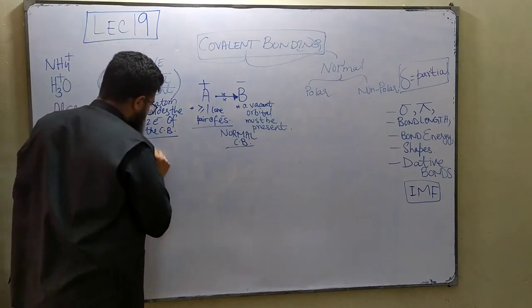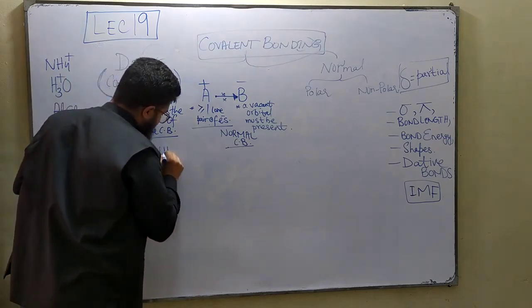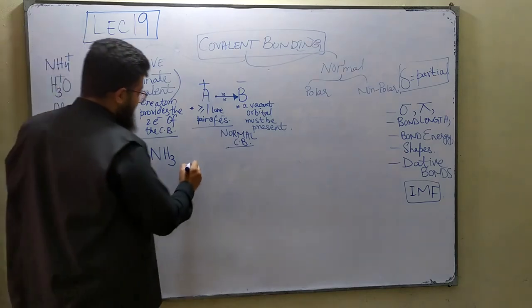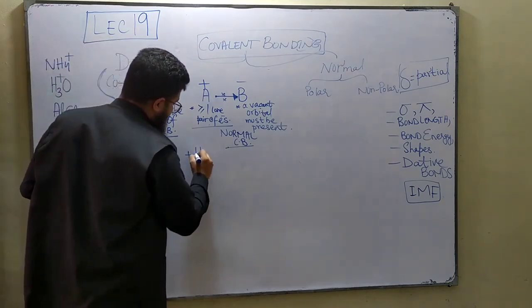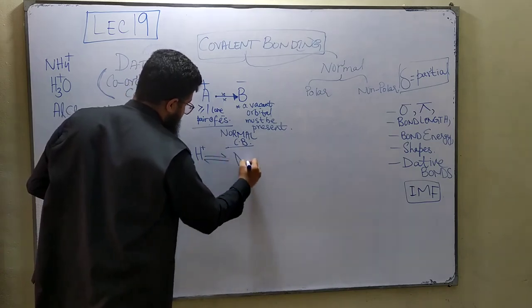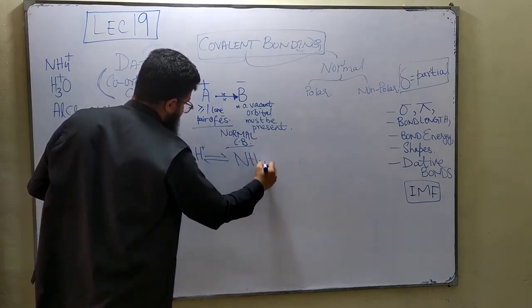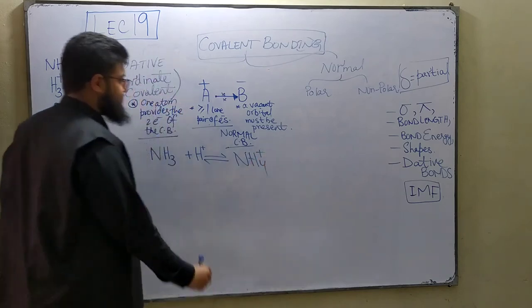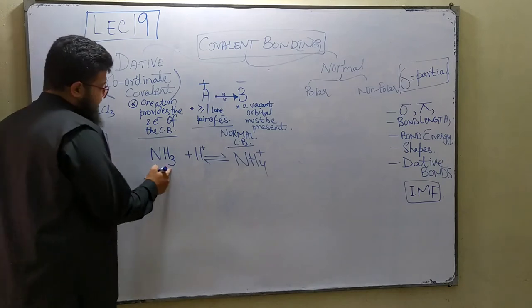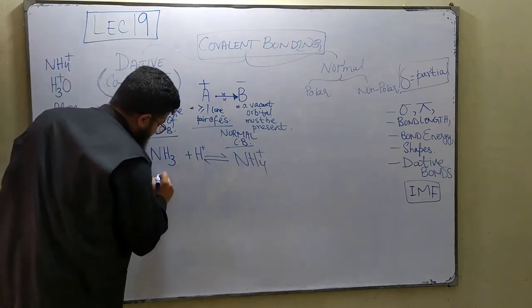How is an ammonium ion made? You've heard of ammonia gas, right? NH3. When NH3 combines with H positive ion, it can form what? Well, this is a reversible reaction. It can form ammonium. Now what actually happens is that this ammonia, the nitrogen of ammonia has a lone pair because it